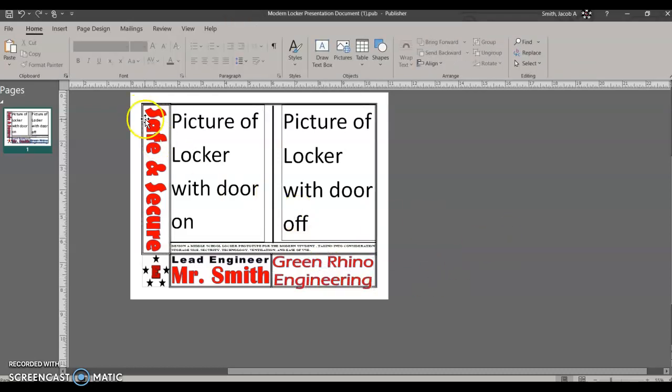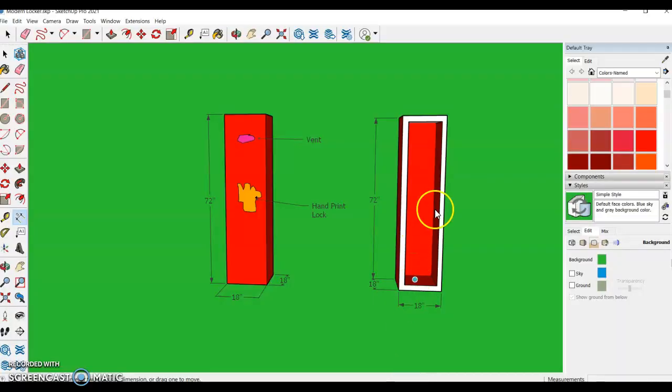All right. So I gave my locker a title. I'll put my name on here. Okay, don't put my name. You put your name. Green Rhino Engineering. And now it's time for a picture of the locker with the door on and a picture of the locker with the door off. So I'm going to come here. So this is the picture of the door on. So in order to do that,